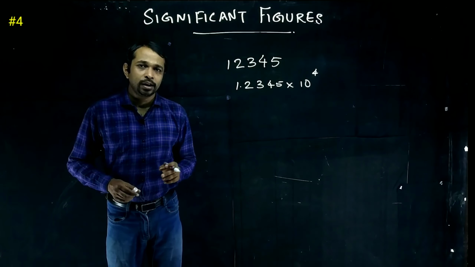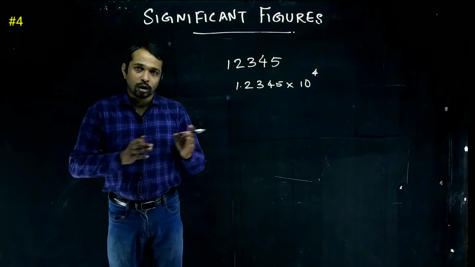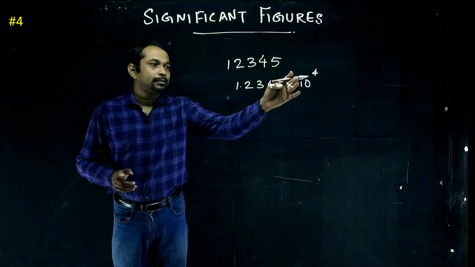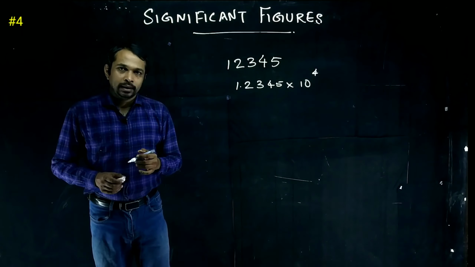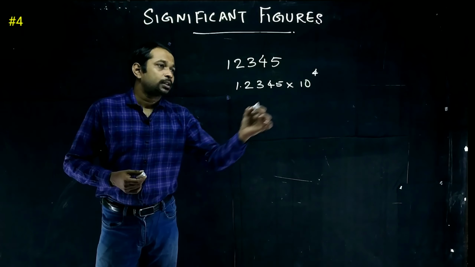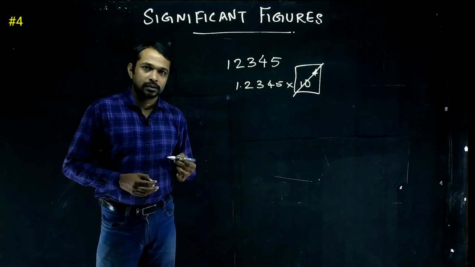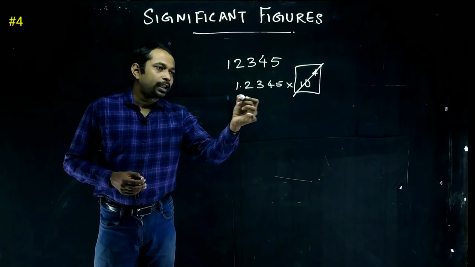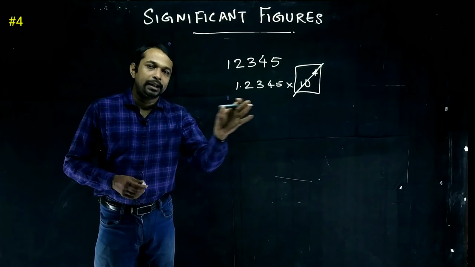Only one digit to the left of the decimal, all other digits are to the right, and to compensate it we are putting 10 to the power of some number. In this case, to find out the number of significant figures, we can simply neglect the power of 10 part,